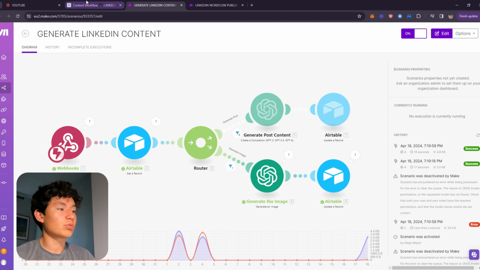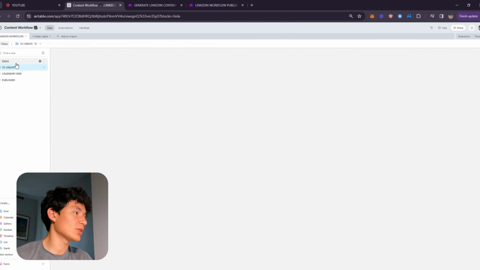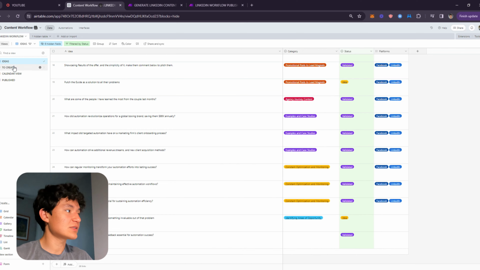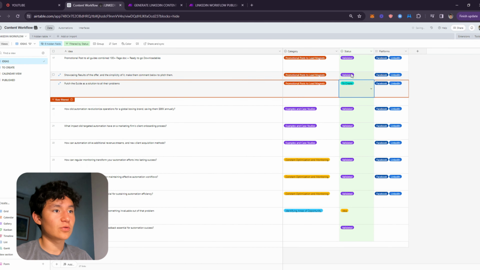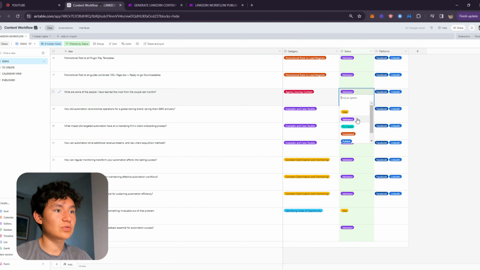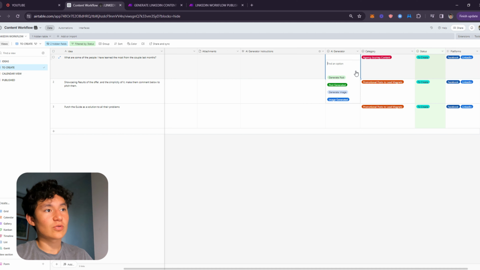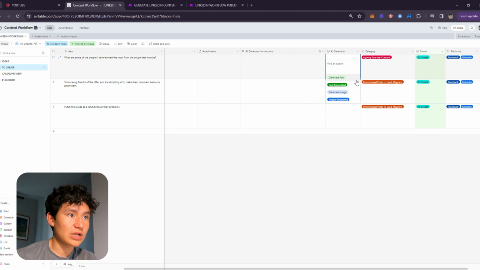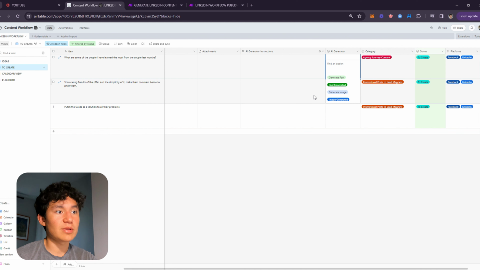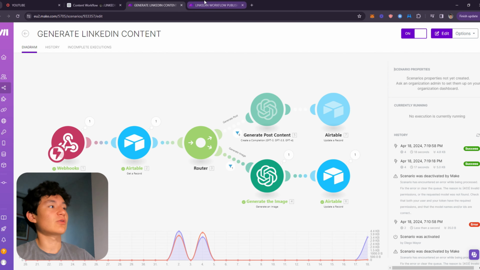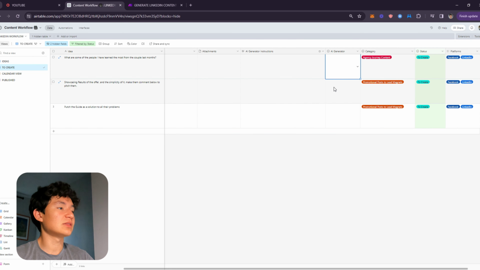But now we're going to go over the AI part and how to actually generate your content with AI. Okay, so the first part is you're going to go to ideas, and you're just going to select a few to create so that I can use them as examples. So you go to AI generator instructions. This is absolutely necessary. You go to AI generator. You need to generate post, generate image, so that once you select one of these variables, it activates the automation. Once you select generate post or generate image, it will trigger the automation and generate a LinkedIn